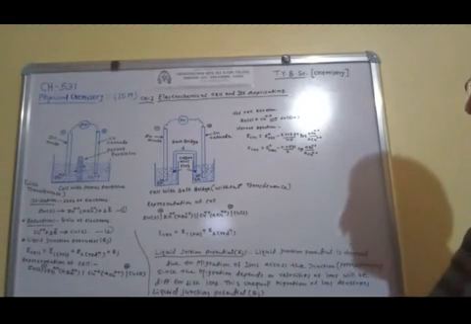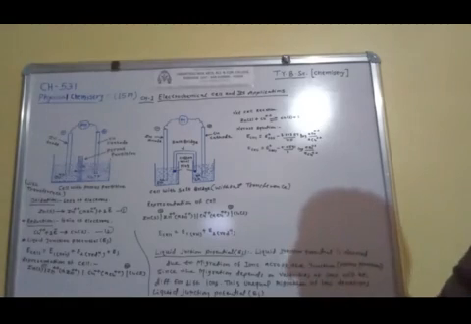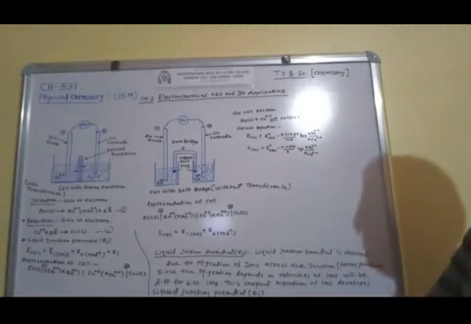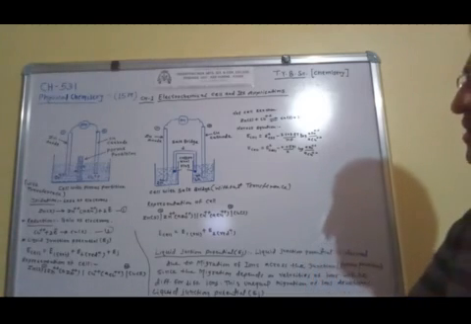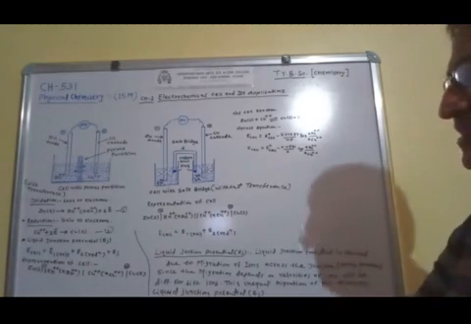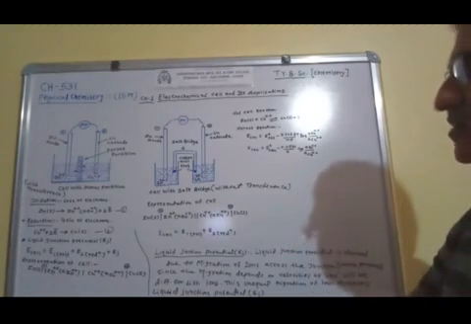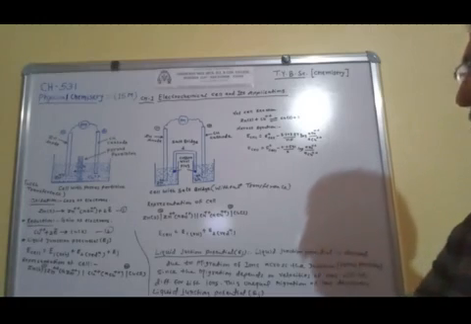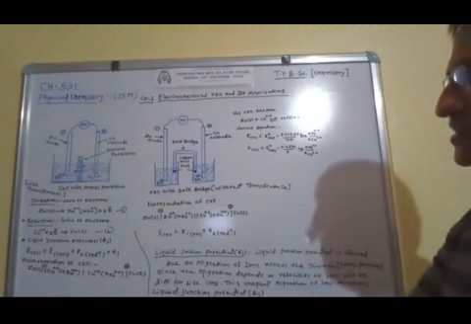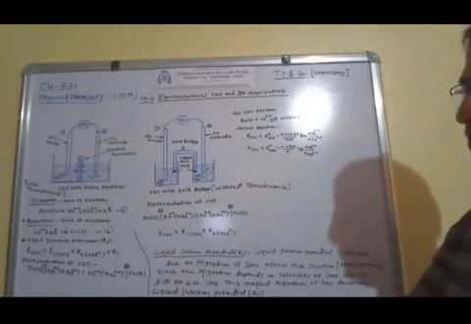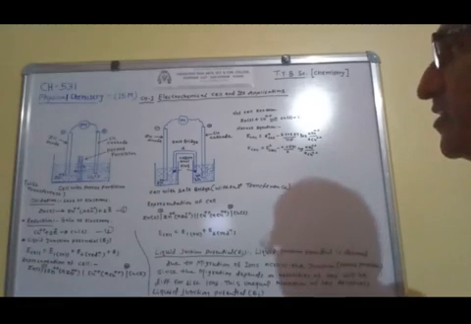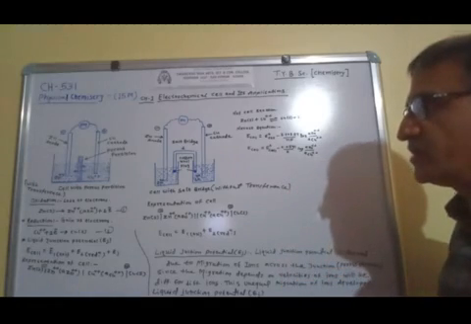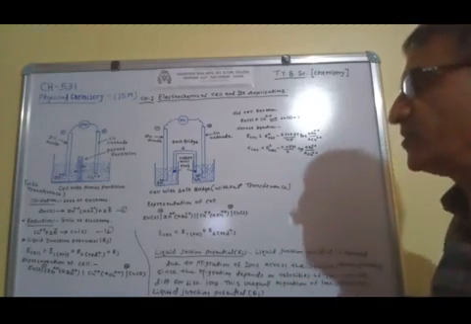In this chapter we have to study the complete classification of the cells, and for each classified cell the half cell reactions, then the net cell reaction, then applying the Nernst equation to get the EMF of the cell. So we can calculate the EMF of each cell individually.